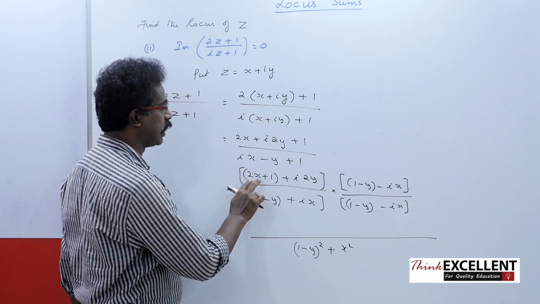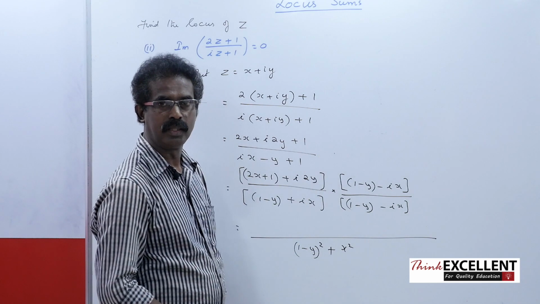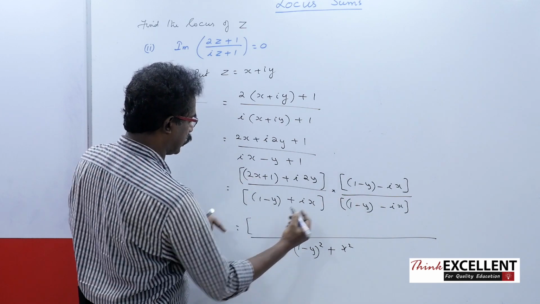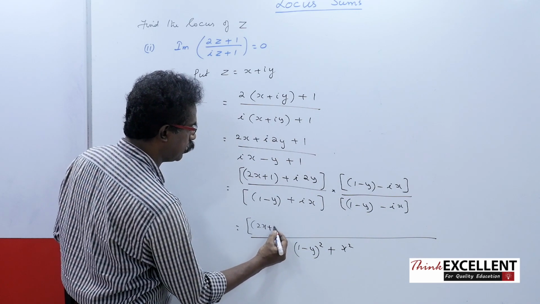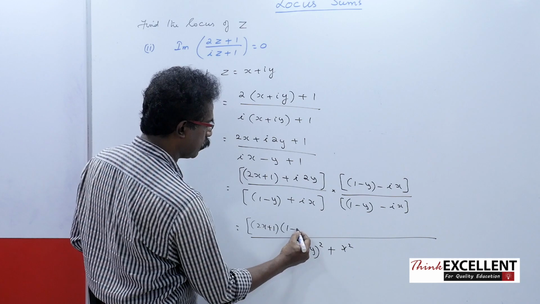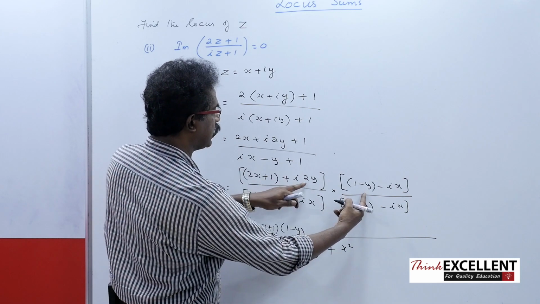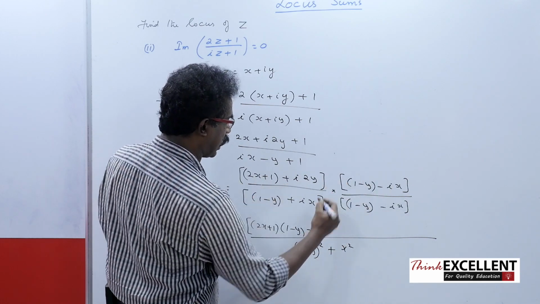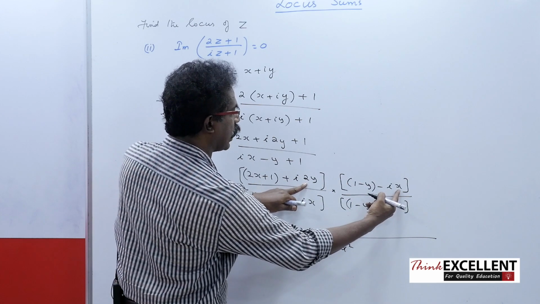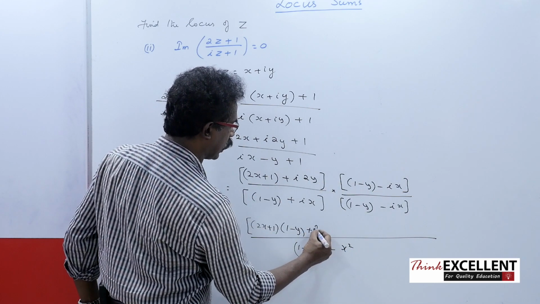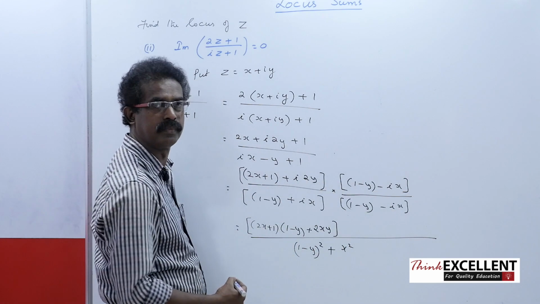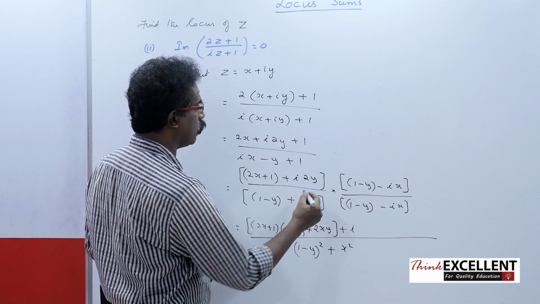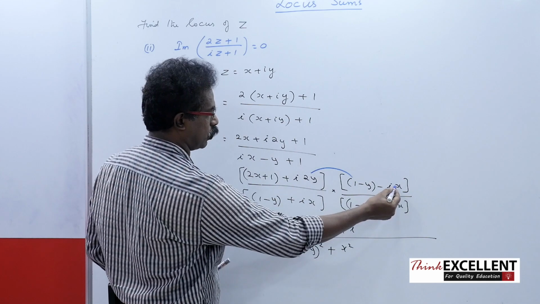Numerator, two complex numbers, a plus ib, c plus id type. So for the real part, first and first, multiply these two: (2x plus 1) into (1 minus y). Second and second: plus into minus is minus, but i into i square, that is another minus. So plus 2y into x, or you say 2xy. That is the real part. Now for the imaginary part, plus i into